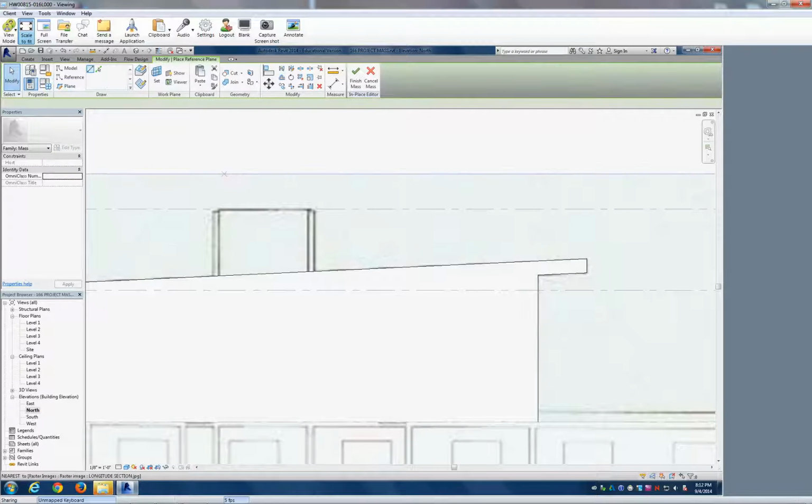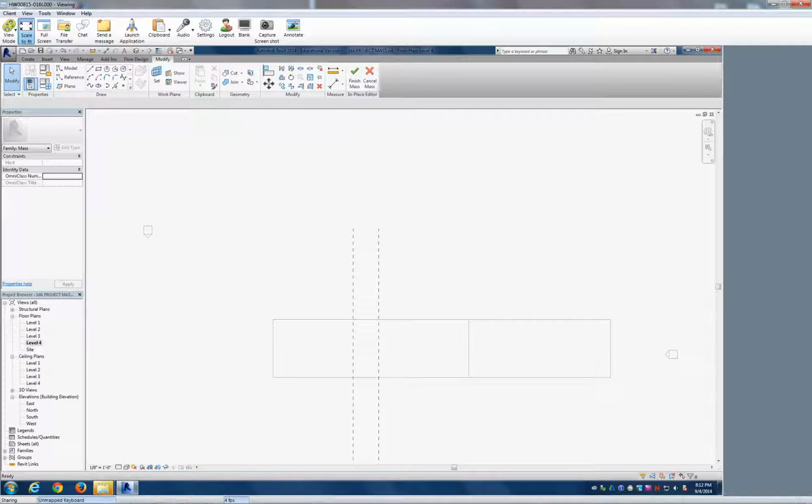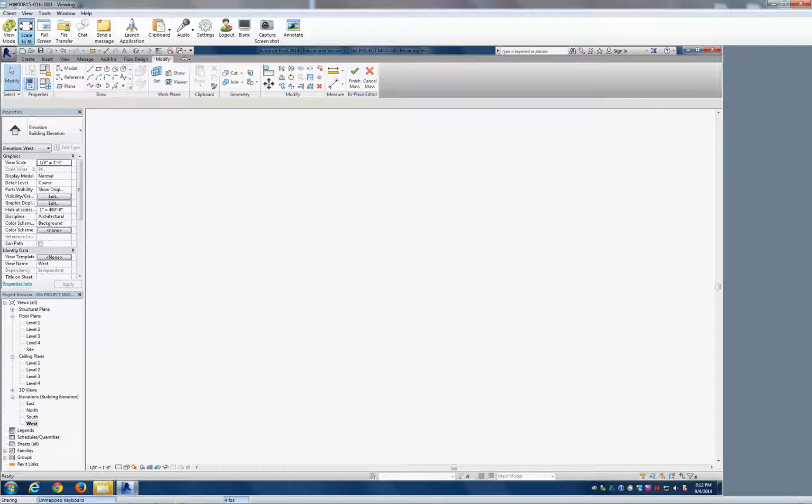just draw real quick some reference planes. So get used to using reference planes to sort of locate things. And if we go to level 4, we'll see those reference planes. Now we don't know how big it is in this direction, but maybe we have a